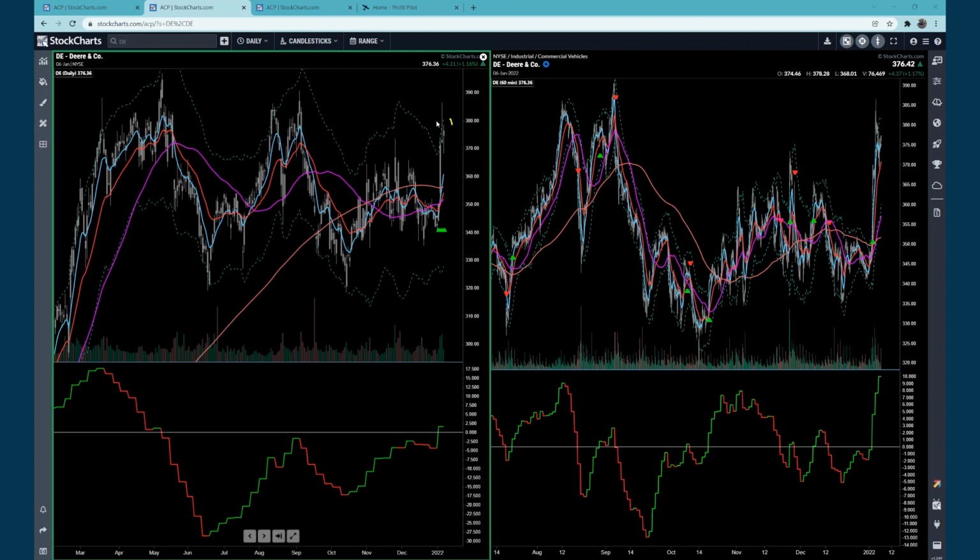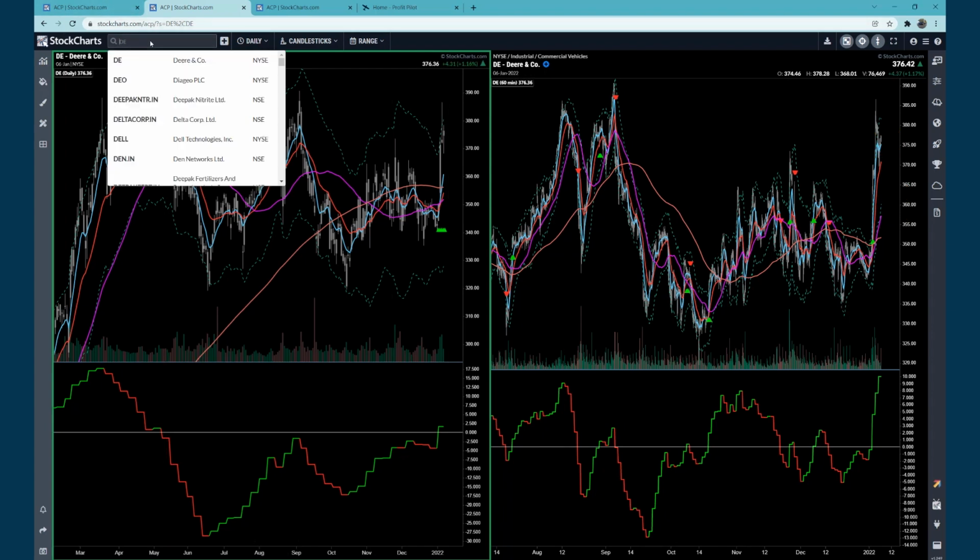As far as Deere, I wouldn't really want to purchase it right here. I'd love to see just a little bit of a pullback, maybe down here into the hourly 50 of some sort like that. And then if we want to look at some other sectors and areas,